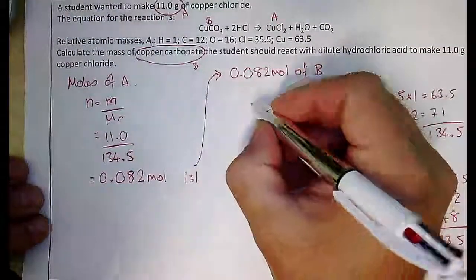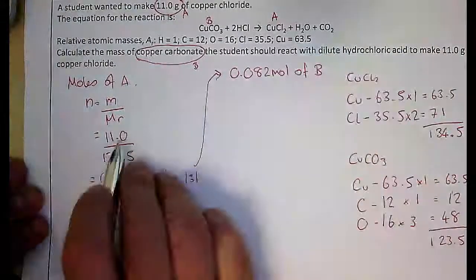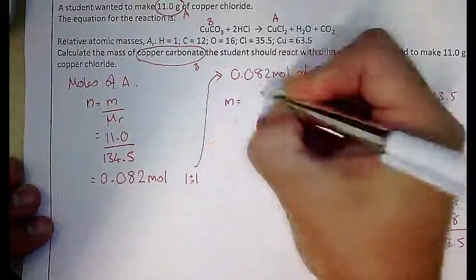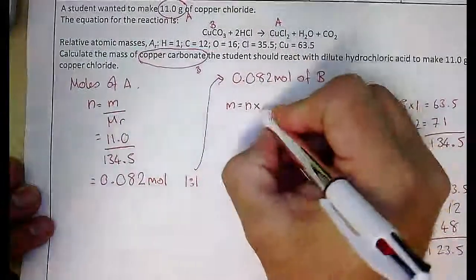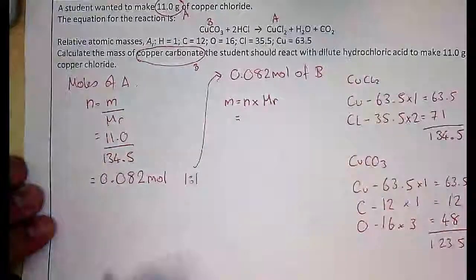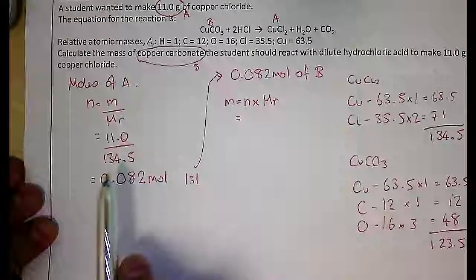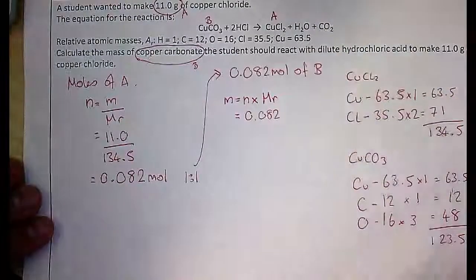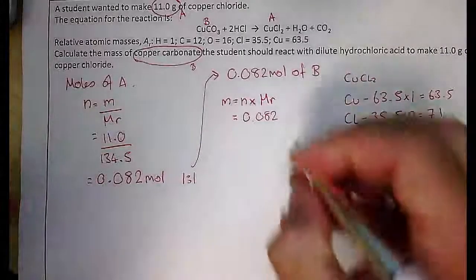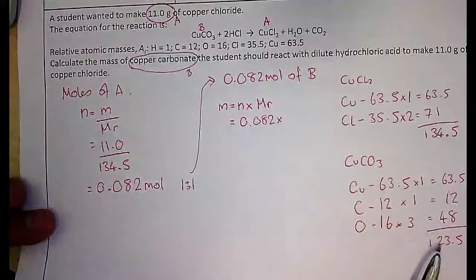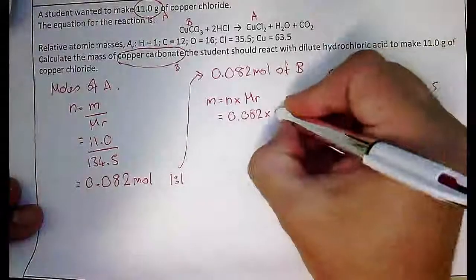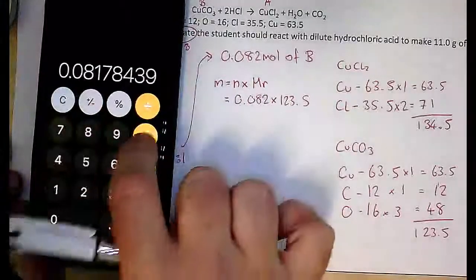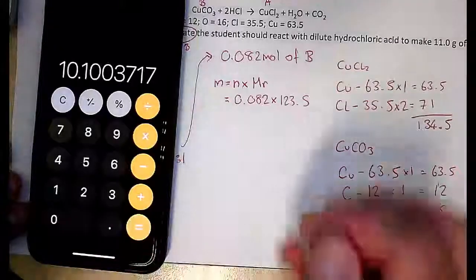And next we need to work out the number of grams. So we're going to use the same equation as we did over here, but we're going to rearrange to make mass the subject. So mass in grams is equal to the number of moles multiplied by the relative formula mass. So our number of moles, which we got from the number of moles of A and our coefficient, was 0.082, and again that's rounded, but I still have my value in my calculator. Multiply that by the relative formula mass of B, which was 123.5. Again, here's my unrounded version. It gives me